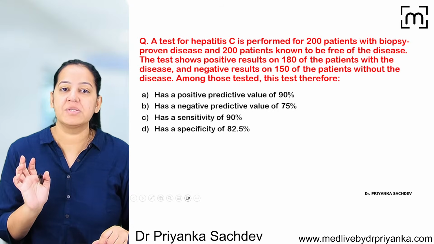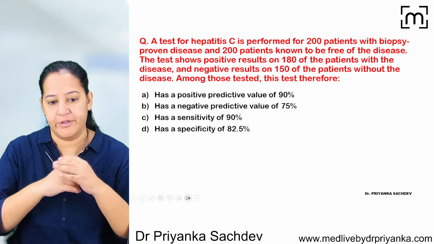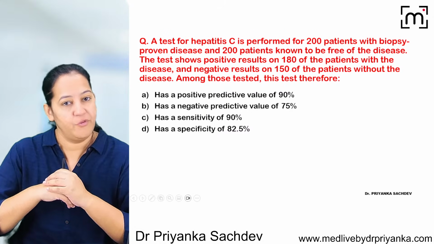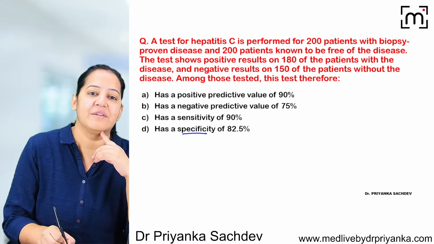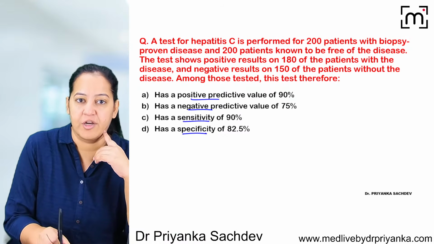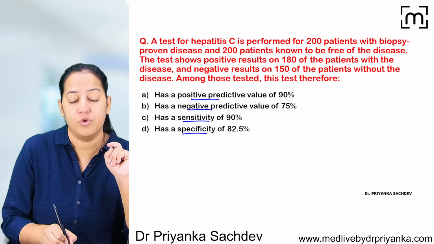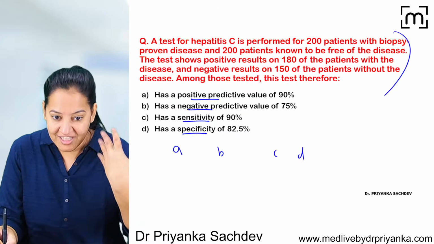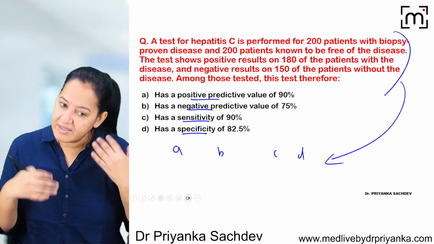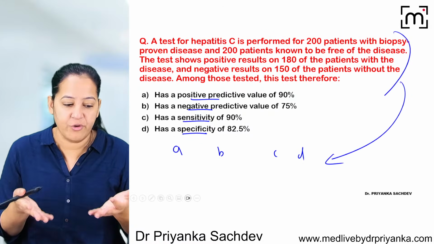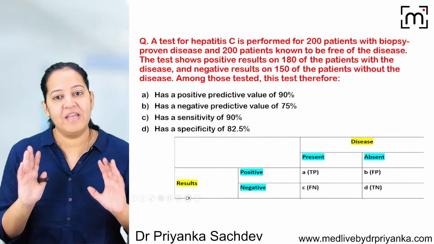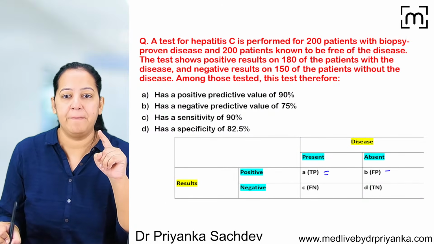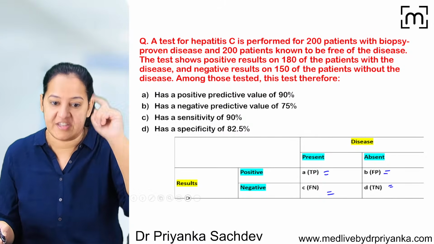So we will solve some questions, numericals also. Read the question. Now, rather than only reading, I want you to make the table also. If you make the table, you can calculate sensitivity, specificity, positive predictive value, negative predictive value. I want you to tell me the values of ABCD in the table. By reading the question, try to interpret the values of ABCD. Once the values of ABCD are in front of you, you know the formulas you can apply. So please make this table with me. Fill the values of A, B, C, and D by reading the text.